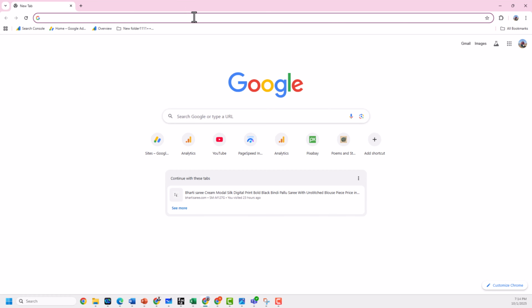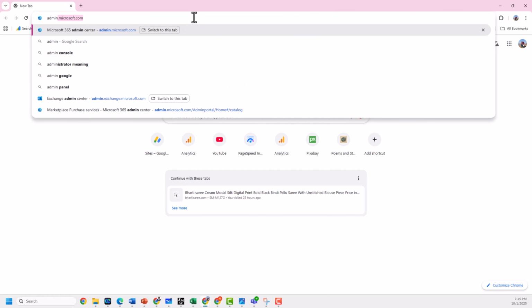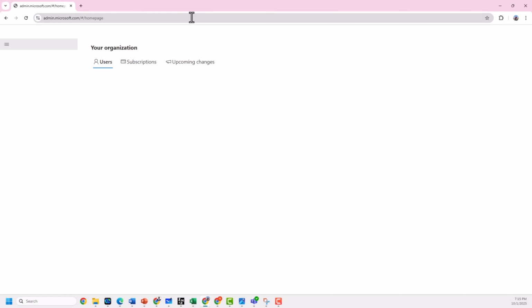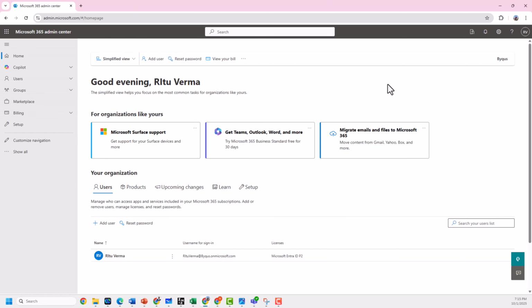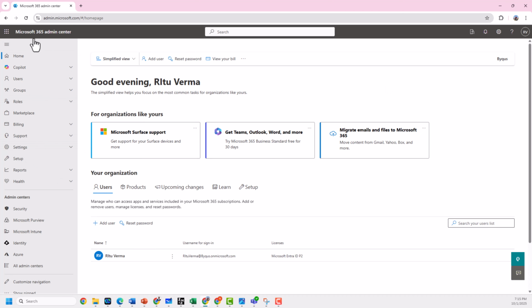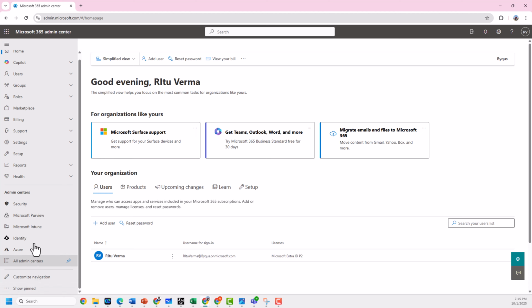All right. And we will go to admin.microsoft.com, and it is logged in through single sign-on. And here I have the whole list of menu. I do not see Exchange here. And if you notice